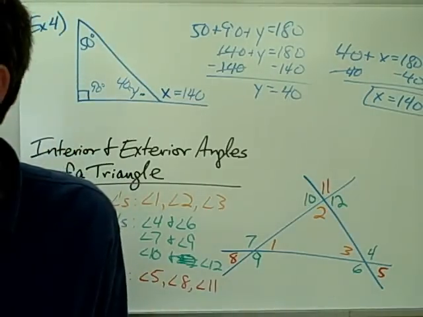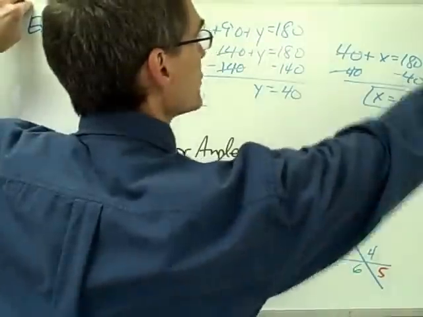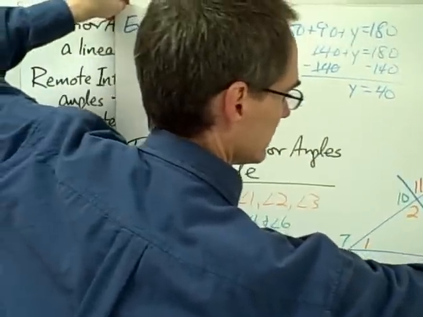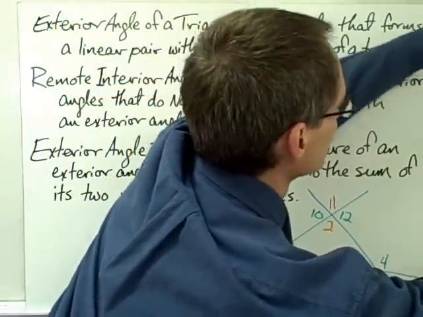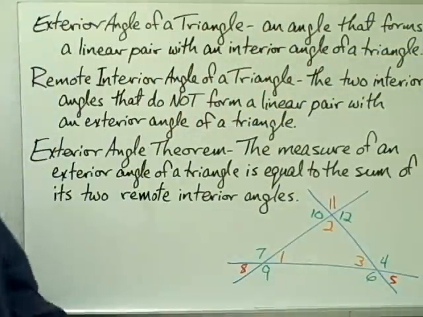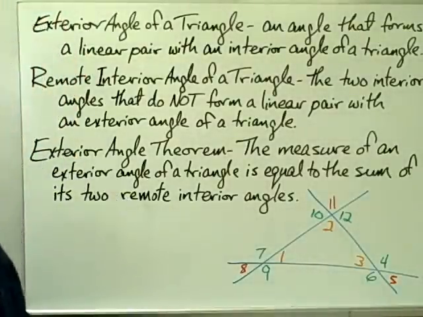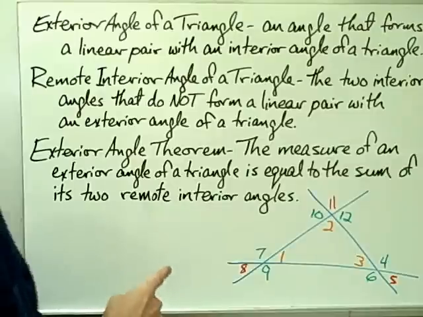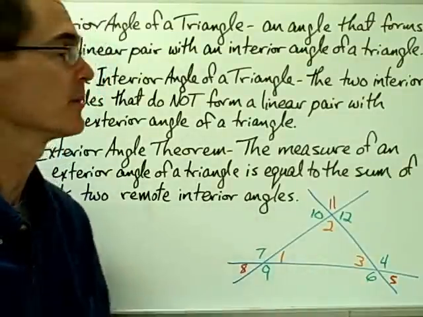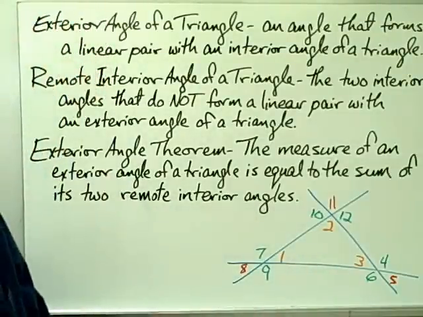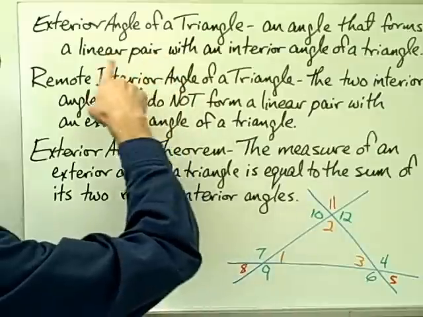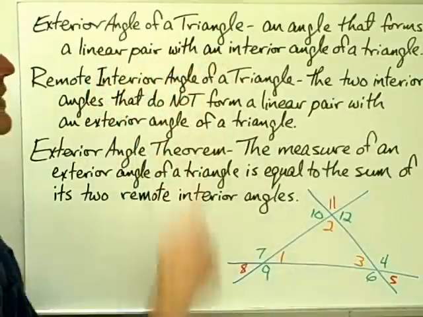So first we're going to define exterior angles, and then we're going to talk about some other angles of a triangle. And then we're going to see how we are going to use these angles to solve some additional types of geometric problems. So an exterior angle of a triangle is an angle that forms a linear pair with an interior